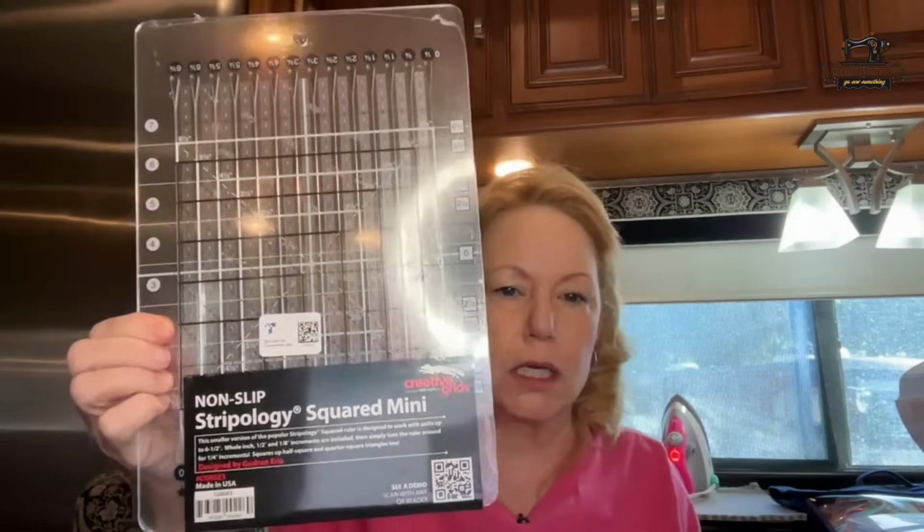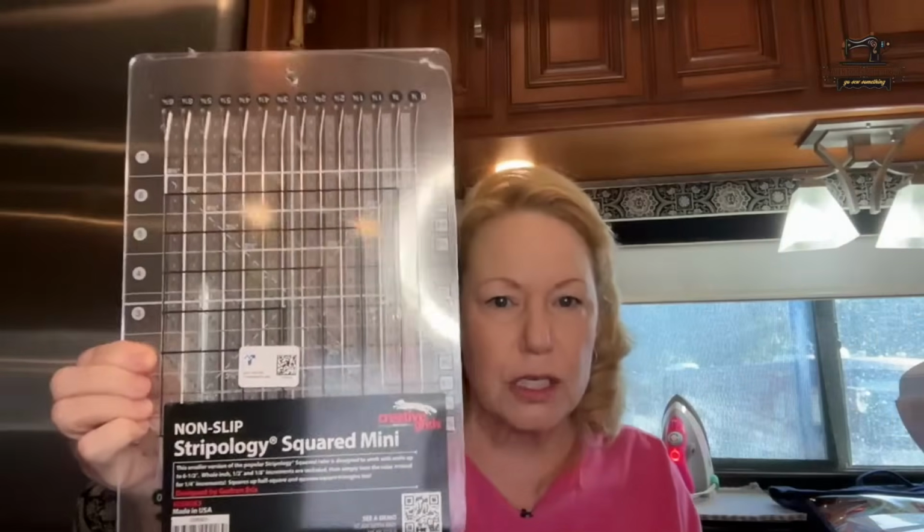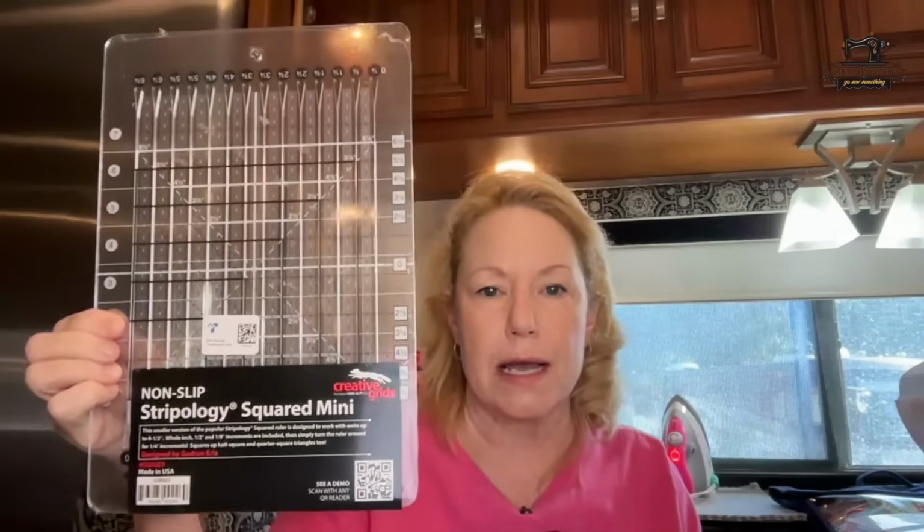So anyway, I'm still going to get those Stripology rulers from that lady, but I'm cutting 5-inch stuff with you guys from yardage. And I didn't bring a Stripology with me, so I did purchase this one. I got the smaller one. This one's going to live in my motorhome, so I'll always have a Stripology ruler in the motorhome. I think I'm getting this one plus the next size up. I already have the great big one, but I'm going to get the next size up from that lady, I think. So this one will cut my 5-inch strips that I need for our quilted Christmas tree,